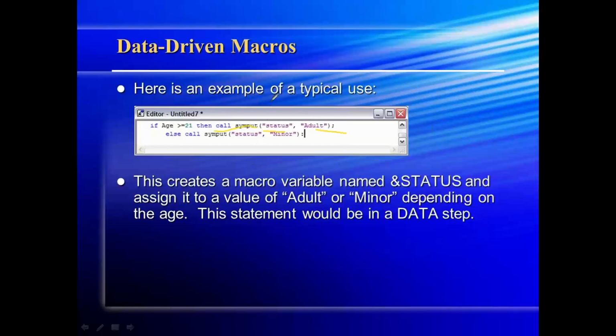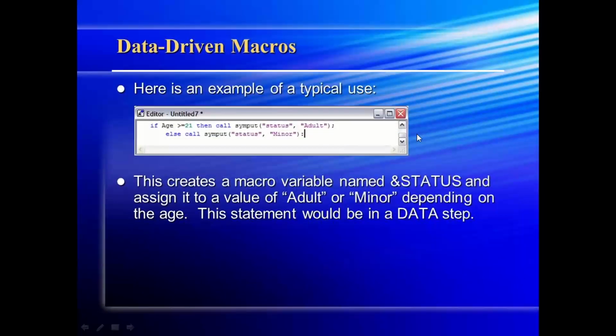Similarly, this now creates a macro variable and a value, which is not a common variable of base SAS that we created earlier. That's the reason we need to add this particular statement, call symput, which we generally call a data-driven macro, right? So this is one of the statements from the conditions which we need to remember.